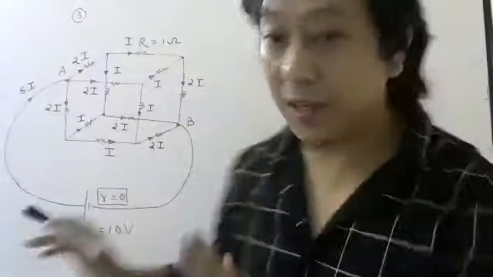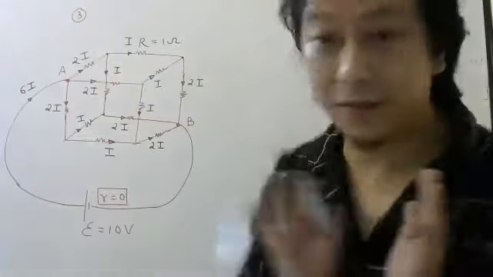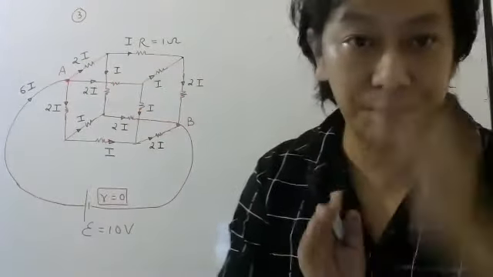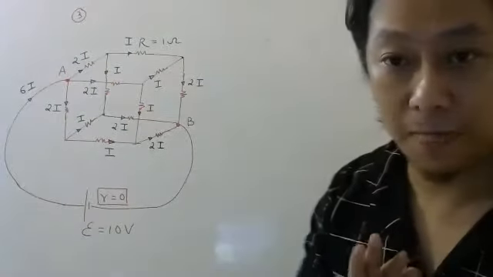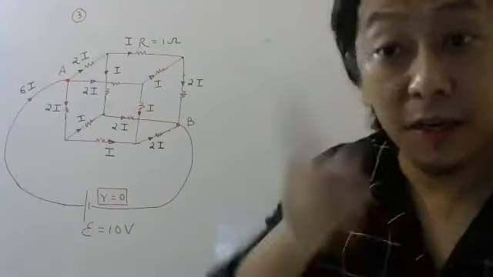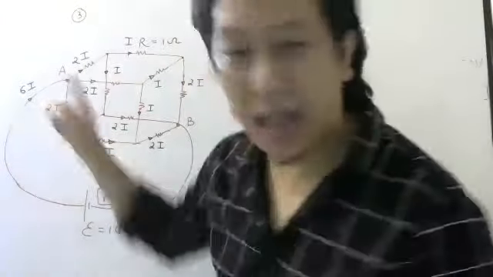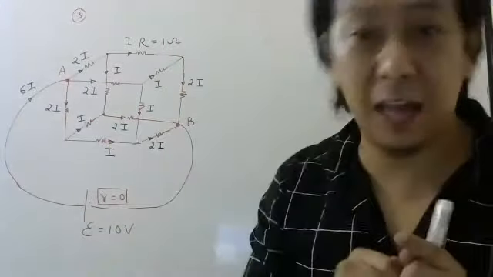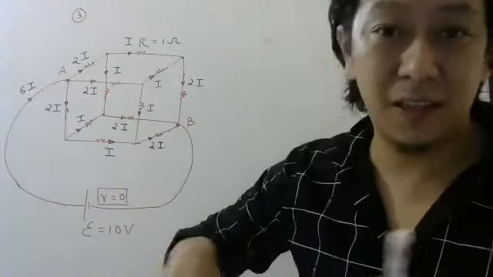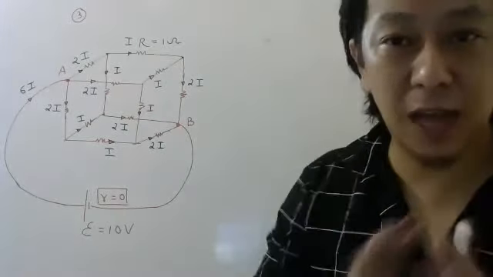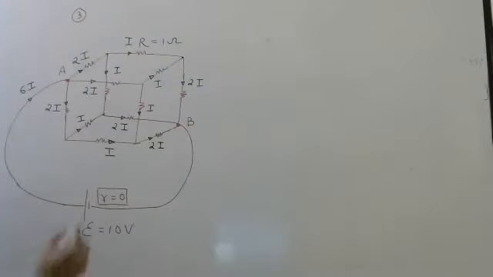First of all, everybody understood the distribution of current? Slowly I have tried to do it so that everybody can understand easily. This distribution is clear or not clear? Why did I take 6I like that? Try taking I. If you take I, it will become I by 3, I by 3, I by 3. Again, I by 3 will divide into I by 6, I by 6. So too many fractions will come, and I don't want that. So I took 6I.